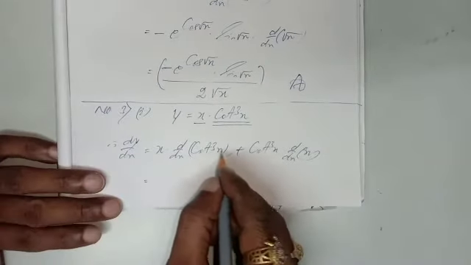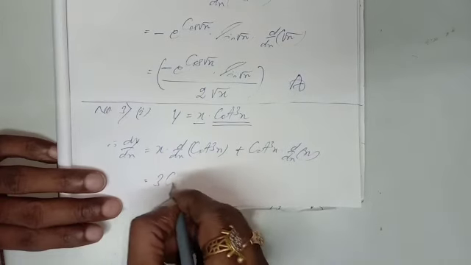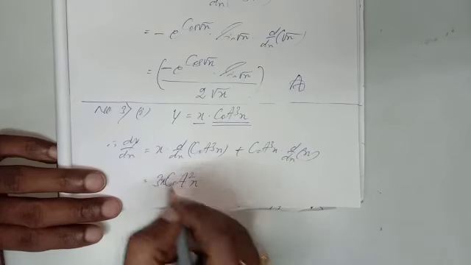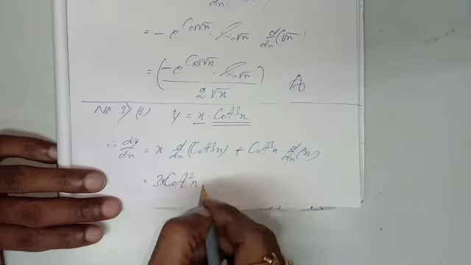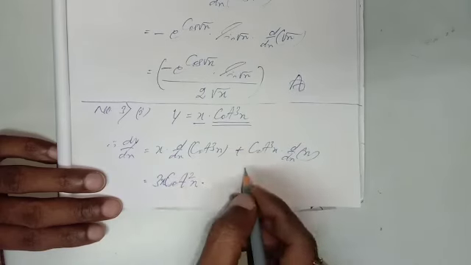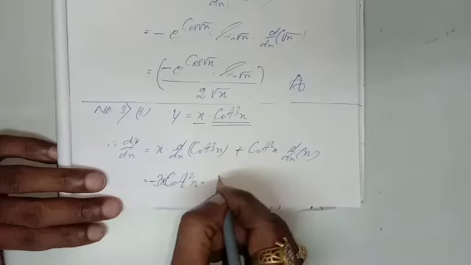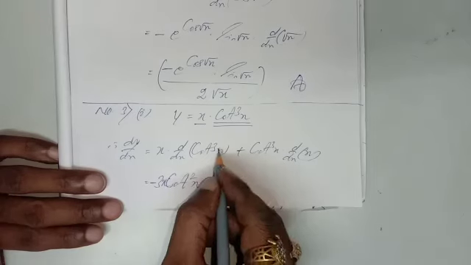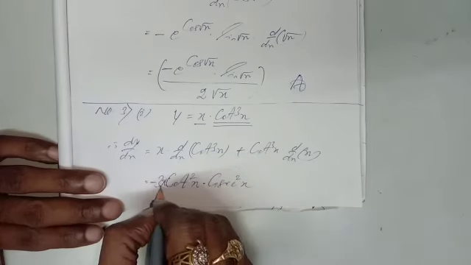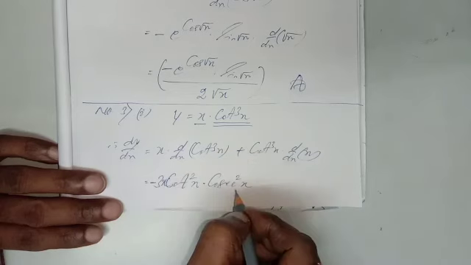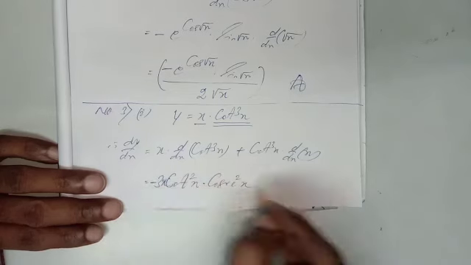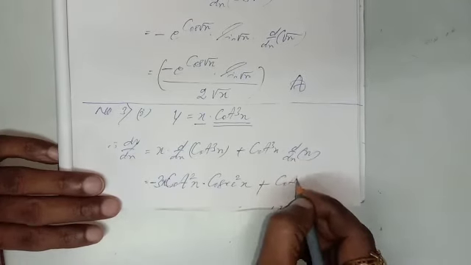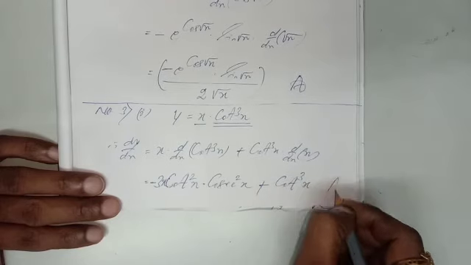So what is the derivative of cot cube x? That will be 3 cot square x, and this x is present already, so 3x cot square x. Again the derivative of cot x is minus cosec square x. First we find it for the power of cot cube, that is 3 cot square x, with x present here, and again the derivative of cot x is minus cosec square x, the minus sign is here. And the derivative of x is 1, that will be 1 into cot cube x. And this is the answer.